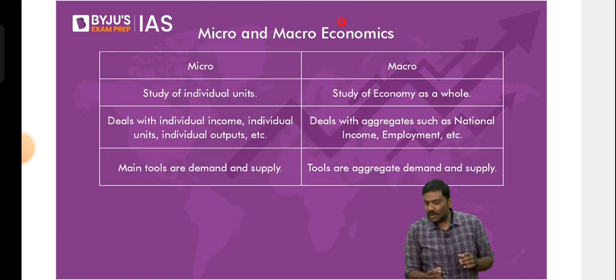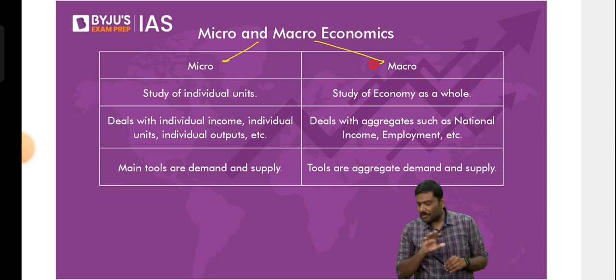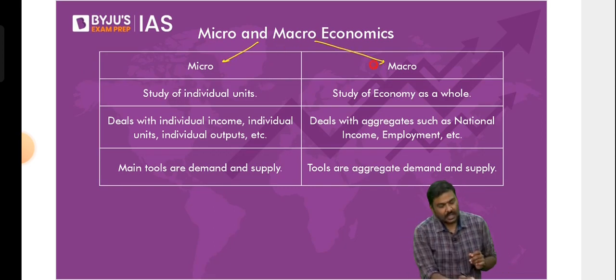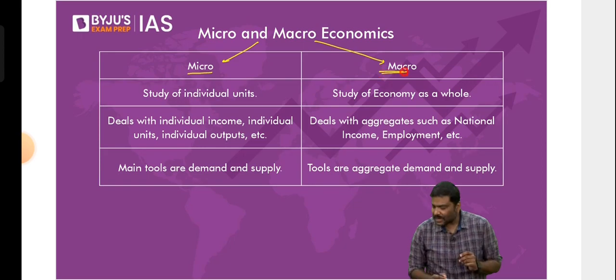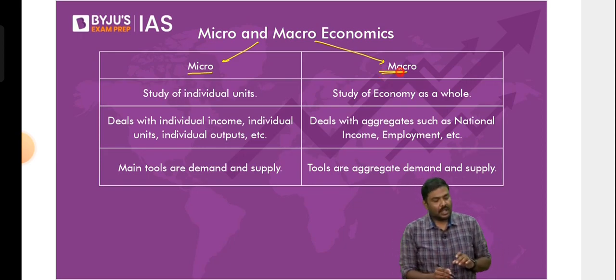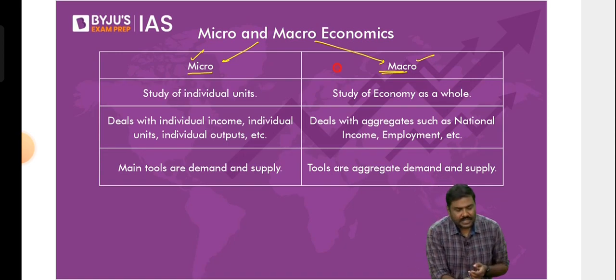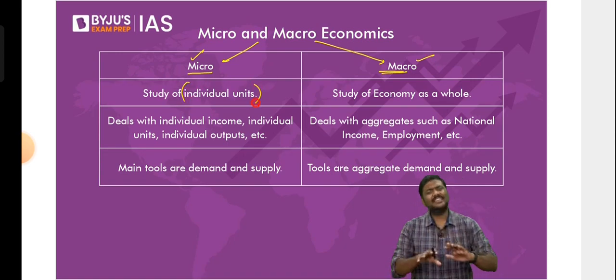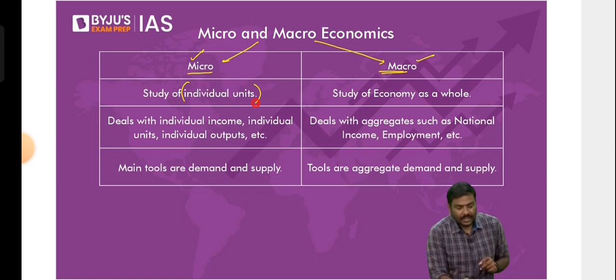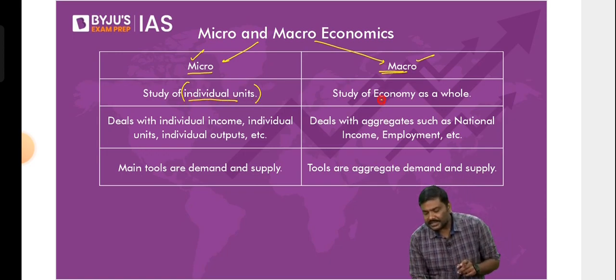Let me go ahead. Economics is divided into two parts. One is microeconomics, and the other one is macroeconomics. Micro and macro. What is the basic idea of a micro and a macro? Understand this more than sufficient. Micro simply focuses on study of individual units. We'll take an example. Don't worry. Micro is the study of individual units, and the macro is the study of the whole.